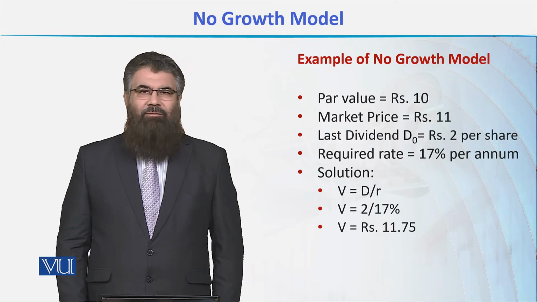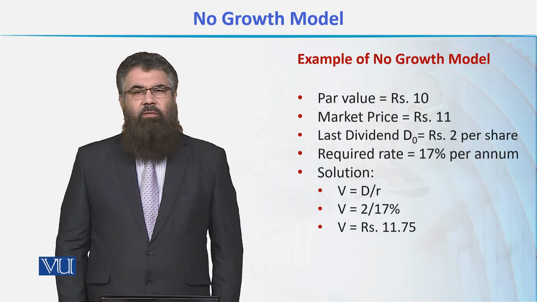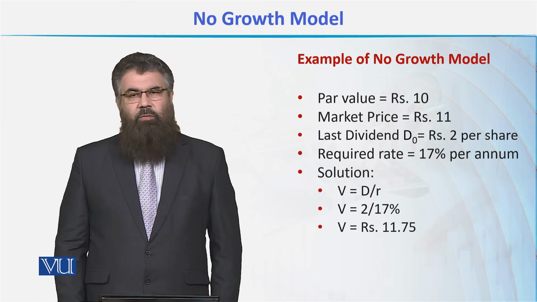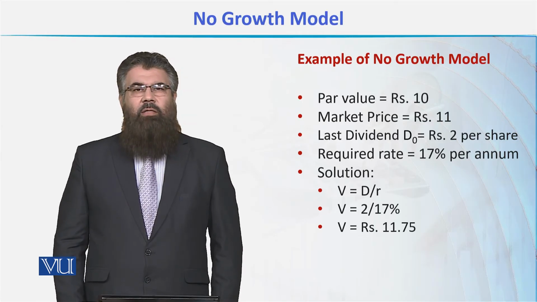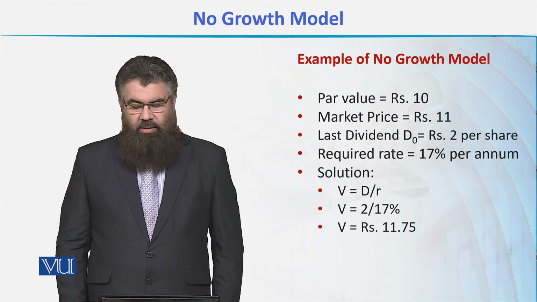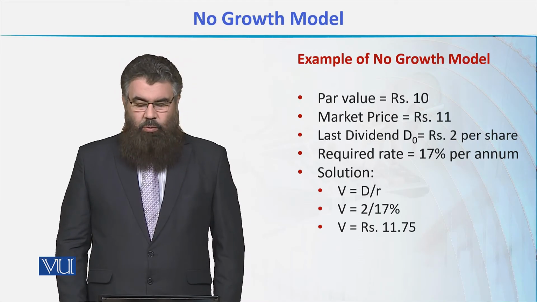What will be the value of this common stock? So we apply the formula V equal to D over R, where D is the amount of dividend, which is 2, and R is the required rate. In this case, it is 17%. So dividing 2 by 17%, we get the intrinsic value of this stock equal to